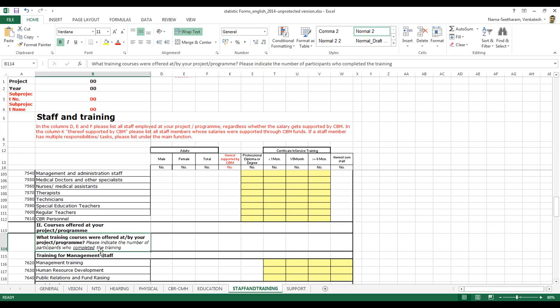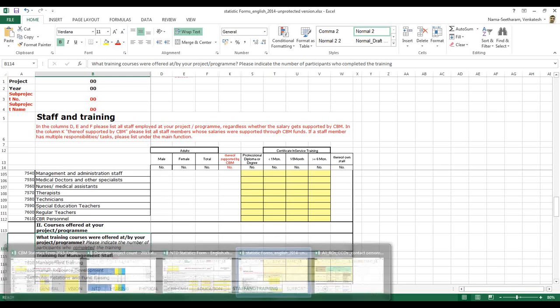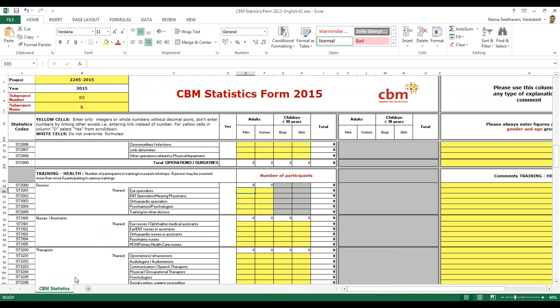Please indicate the number of participants who completed the training. So the same logic is applied here also in 2015. Here also you will be counting the number of participants, and you will be just filling how many men, women, boys and girls.